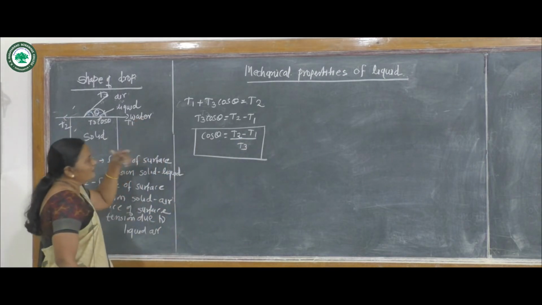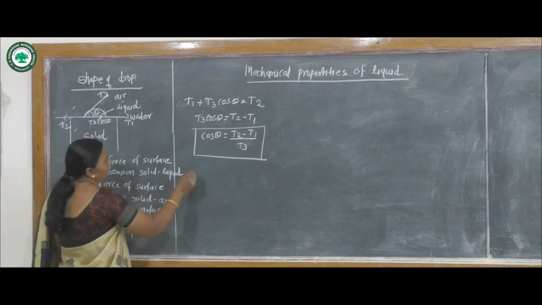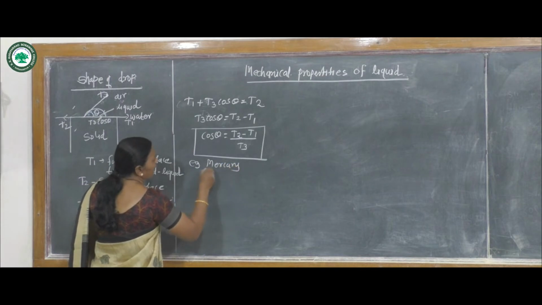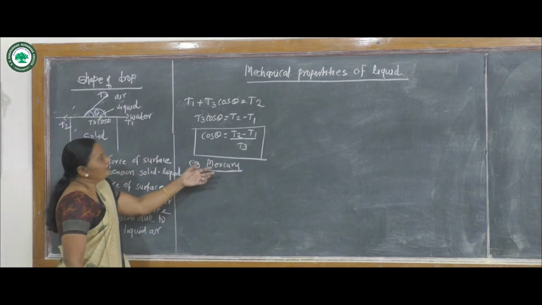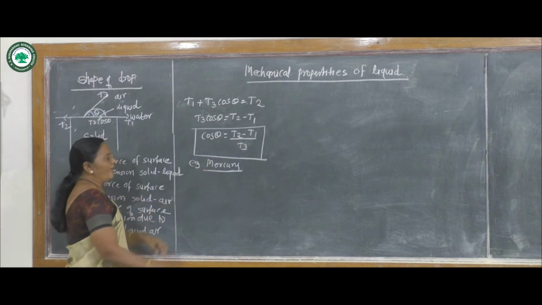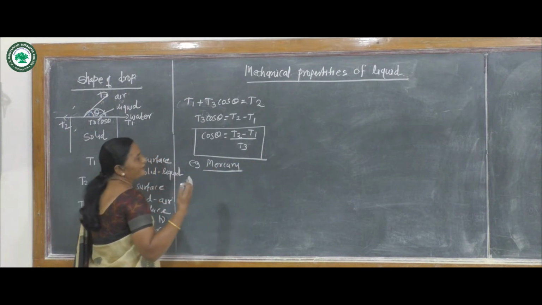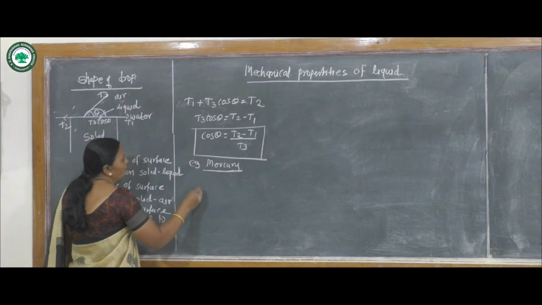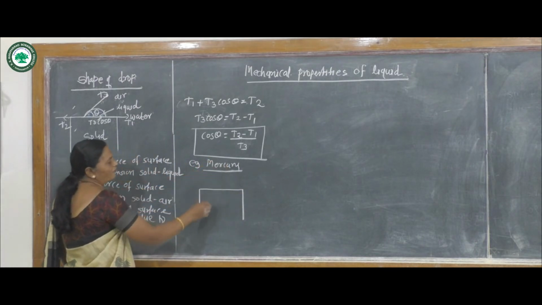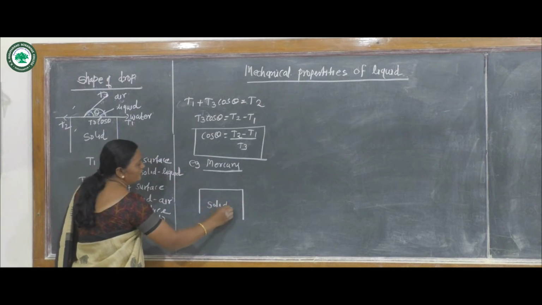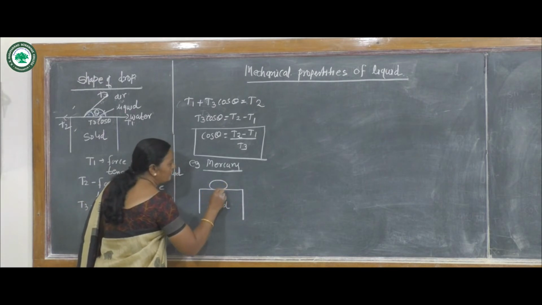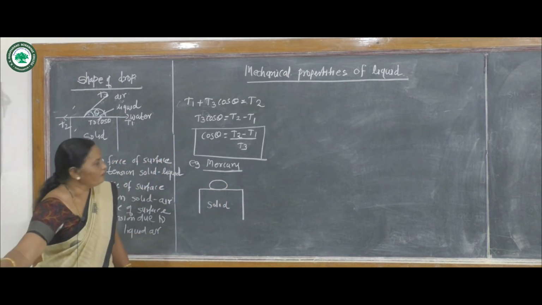This is for water. Suppose we consider mercury, for example. We know mercury is a liquid and it has the property that it does not wet the solid. The angle of contact is obtuse. Now see, here we consider a solid surface. If mercury is dropped on this solid surface, droplets are formed and the shape of the droplets is like these. These are the mercury droplets.